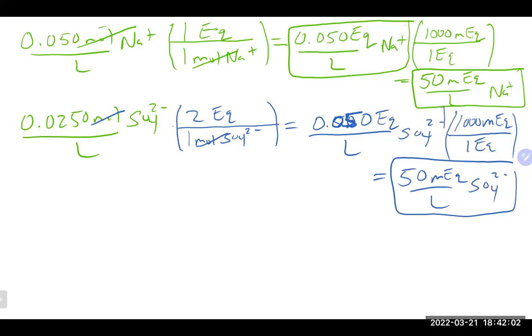So the concentration of the sulfate that is flying around in that solution is 0.05 equivalents per liter, or 50 milliequivalents per liter. What do you notice about the concentration of the positive guy and the negative guy? Are they different or the same? They are the same, and they are the same because when we put together an ionic compound, the overall goal